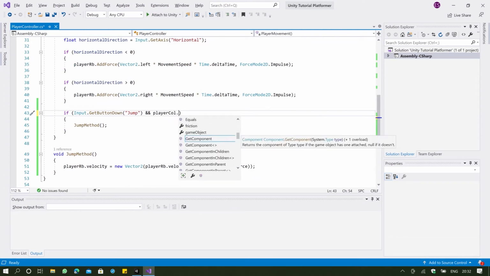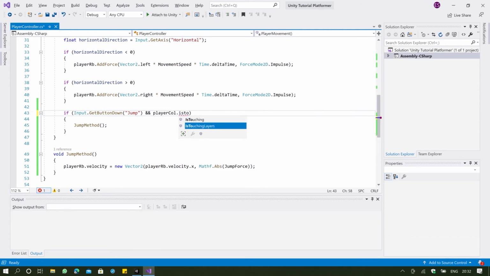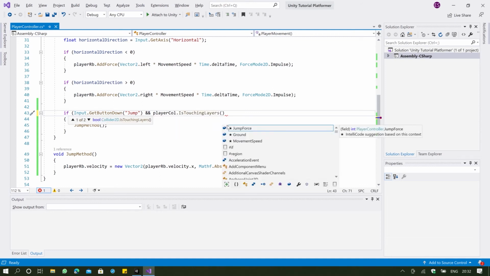Now if we go down to our AND, I'm going to add a code: player collision must be what? Touching the ground, right? We want to touch the ground. So IsTouching, says my Visual Studio, is whether it's touching another collider, or IsTouchingLayers, which has one overload. So we're just going to go with layers because we don't have another collider, right? IsTouchingLayers, brackets,